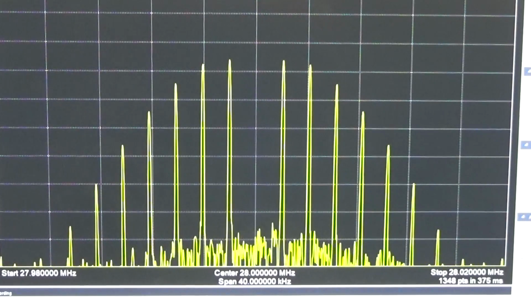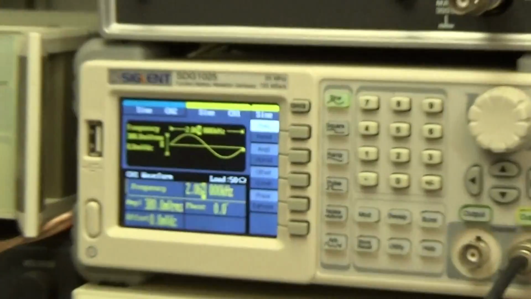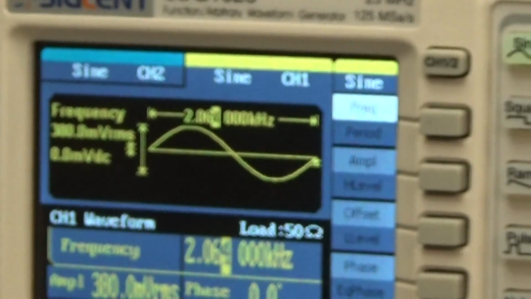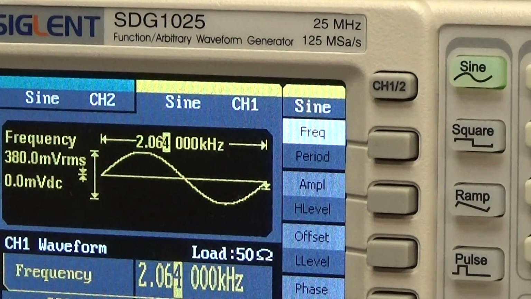Now let's go over to our audio generator, so I do not make any changes here. And you see the audio frequency where we have our Bessel 0 with the deviation I have set to my